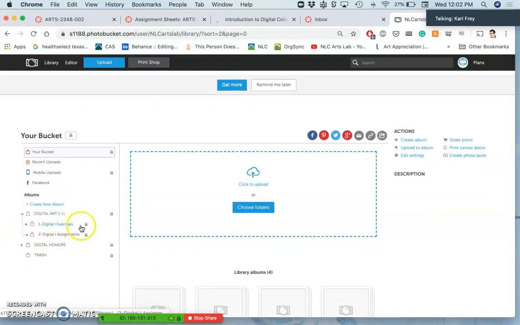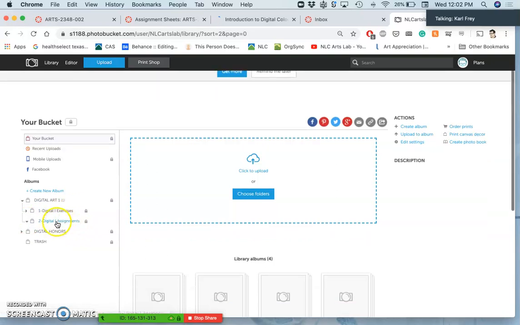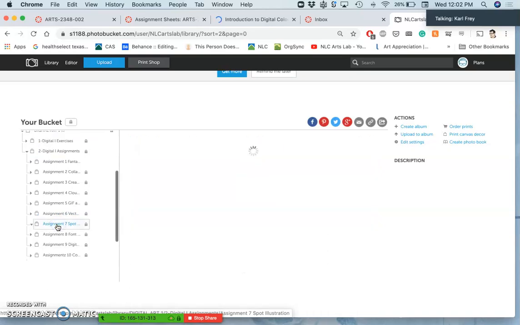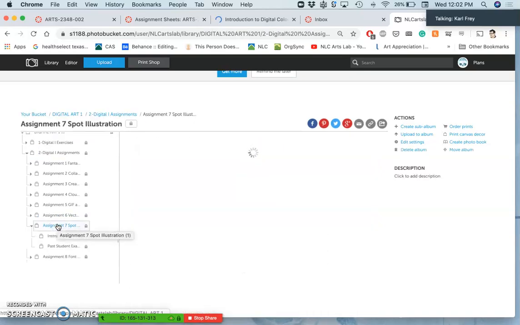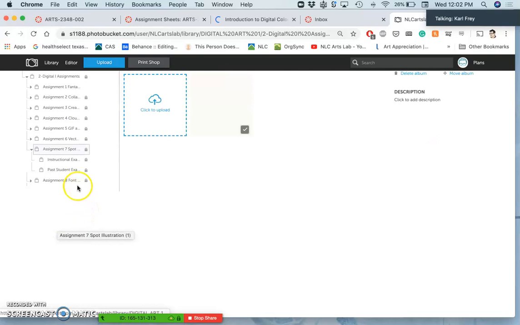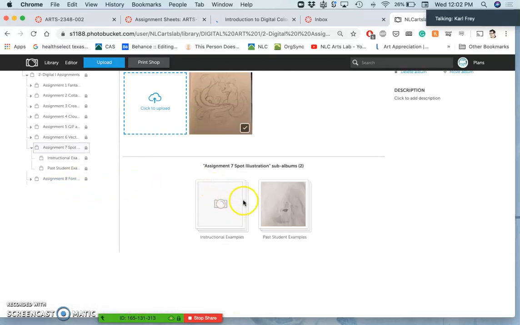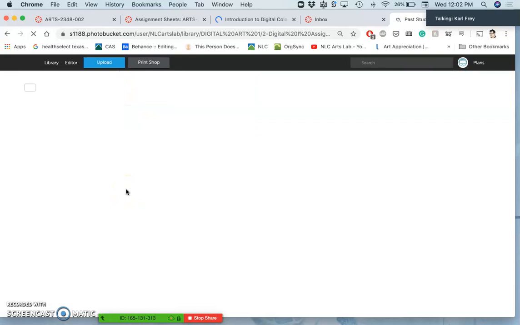And it basically has 3 components that you're going to turn in, very similar to the logo. First is a sketch. Second is line art. Let's look at past student examples. And then third is colored line art, right? So